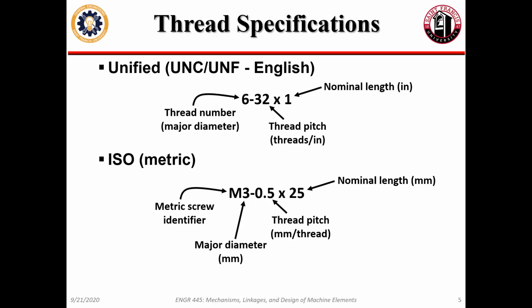NPT is National Pipe Thread. NPS is National Pipe Straight. BPT is British Pipe Thread, which ironically just didn't become American because of, I think, an American made a loom or something in the 1700s and decided to make their own thread standard, and it took over in the U.S. Anyhow,